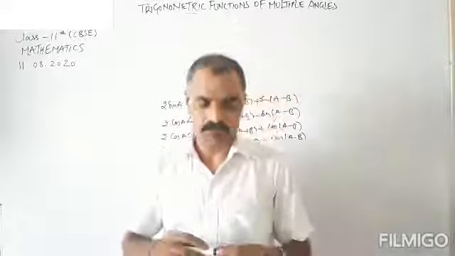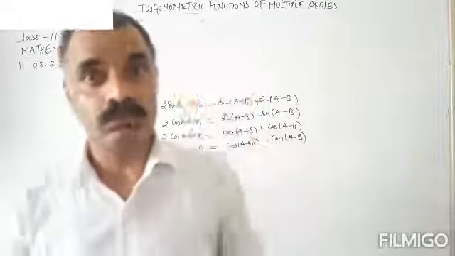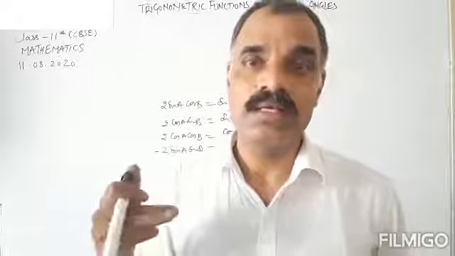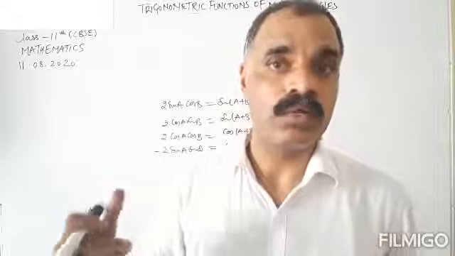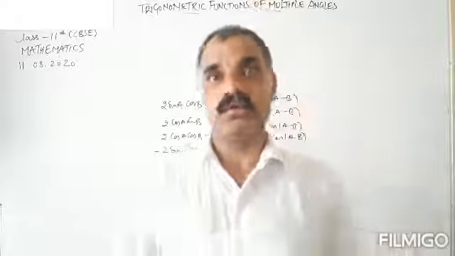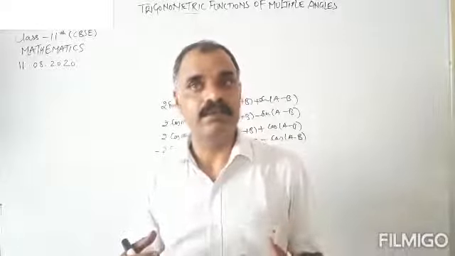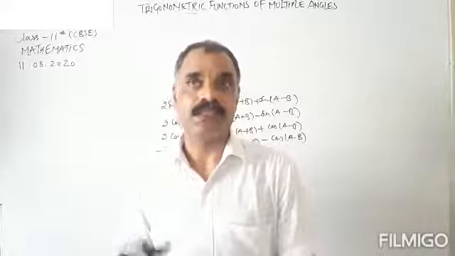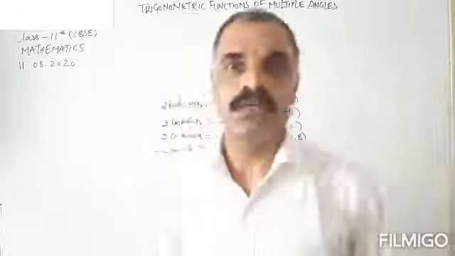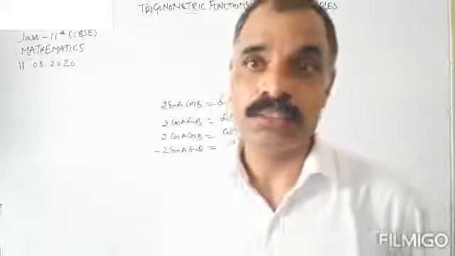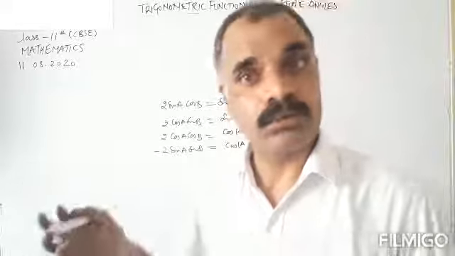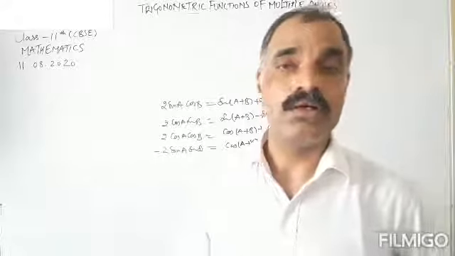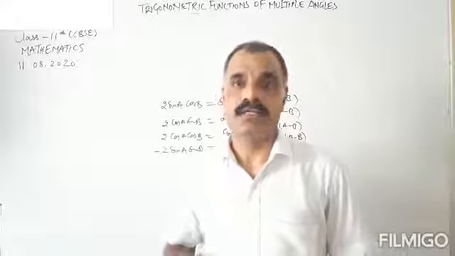Now you have to learn these identities, although I have told you the proof of all the identities also. So learn these identities. Whenever we have to apply these, we have to apply them directly. Just like, what is the identity for sin 2x? Sin 2x equals 2 sin x cos x. What is the identity for cos 2x? Cos square x minus sin square x. So learn all these identities directly.